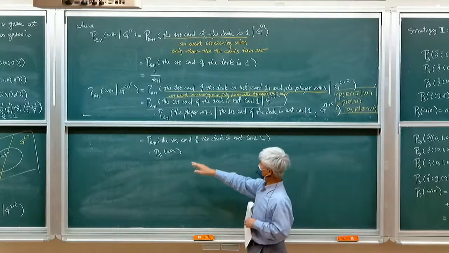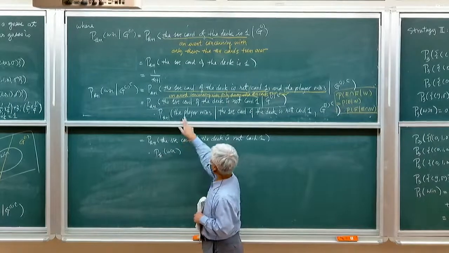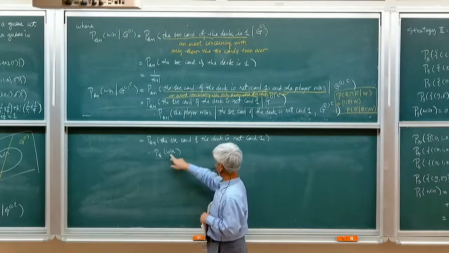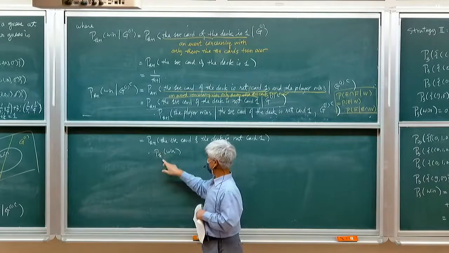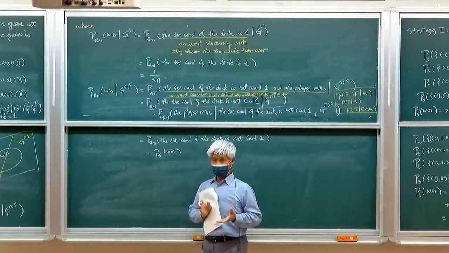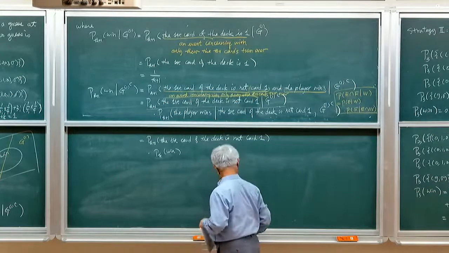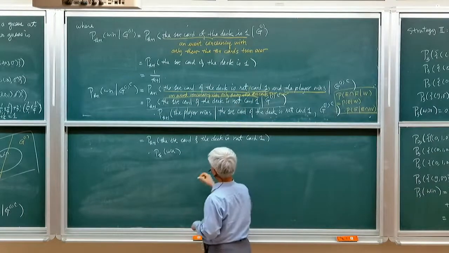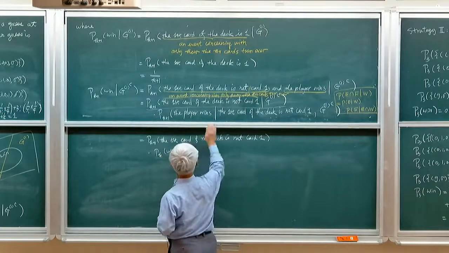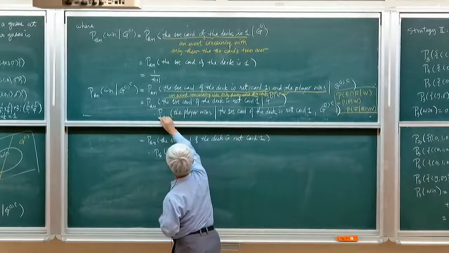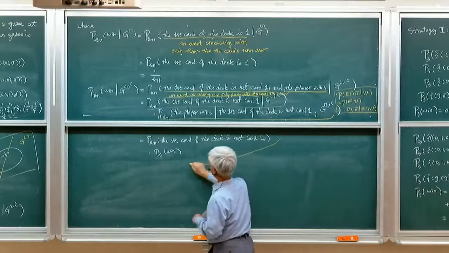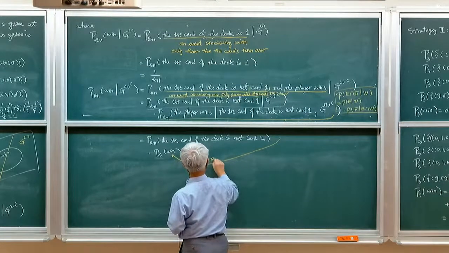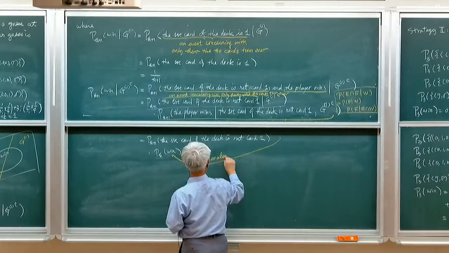So that will be P_k and the player wins here. So this is the winning probability in the case that we have a deck of k cards. So this one gives us, by analogy,